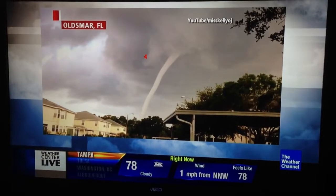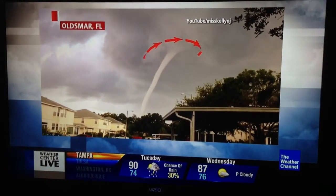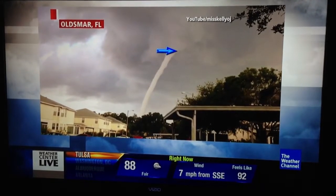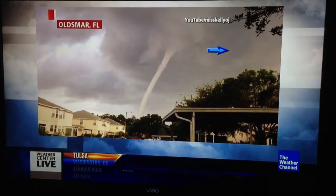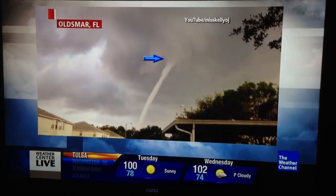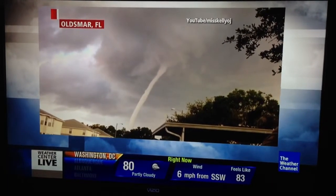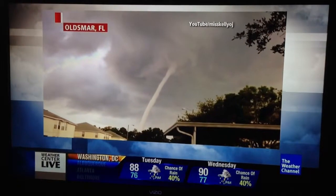This one had some pretty strong rotation. You could see that the cloud up at cloud base also had this little swirl around. Yeah, in this picture that we're getting, it's generally likely to be moving from left to right. The top part of it, the part that's in the cloud, usually moves faster than the part that's down at the ground. So that's a waterspout becoming a landspout. Once it moved onshore, it damaged some trees and some roofing tiles. Hopefully, luckily visible, too, for people to see. Now, today, the widespread activity up